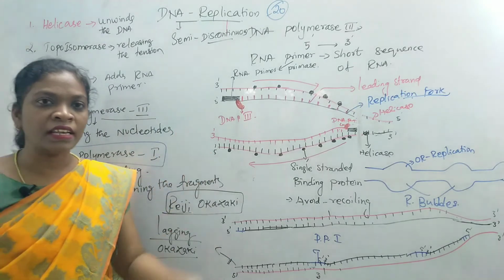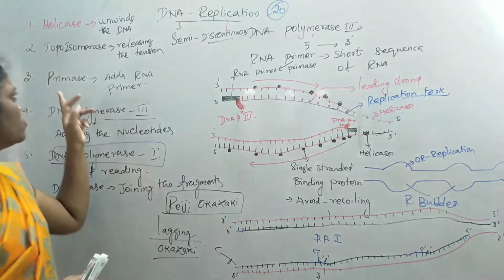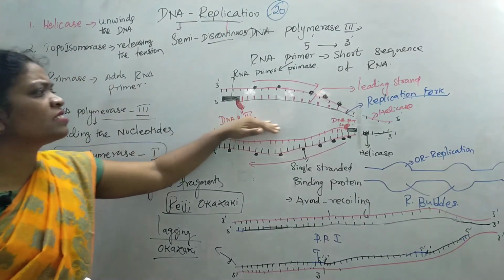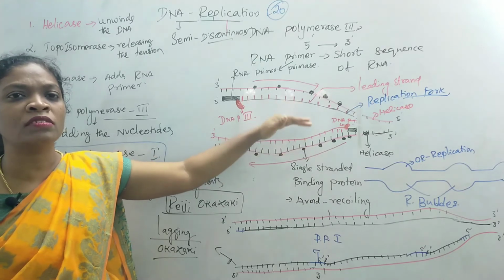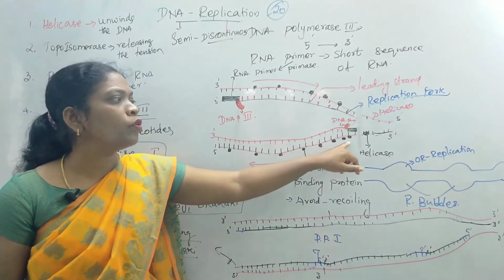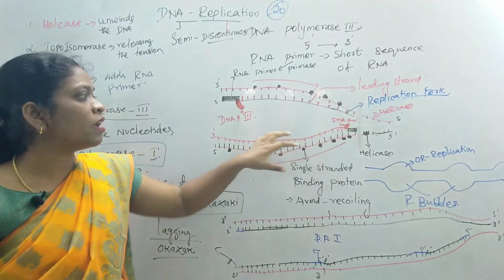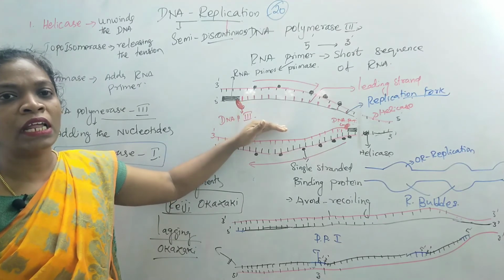Helicase separates the DNA strands, and the other enzymes, known as topoisomerases, release the tension between these two strands. They break the hydrogen bonds between these two strands, and there are single-stranded binding proteins. These binding proteins hold the strands so they do not recoil again. So they also play an important role in DNA replication.